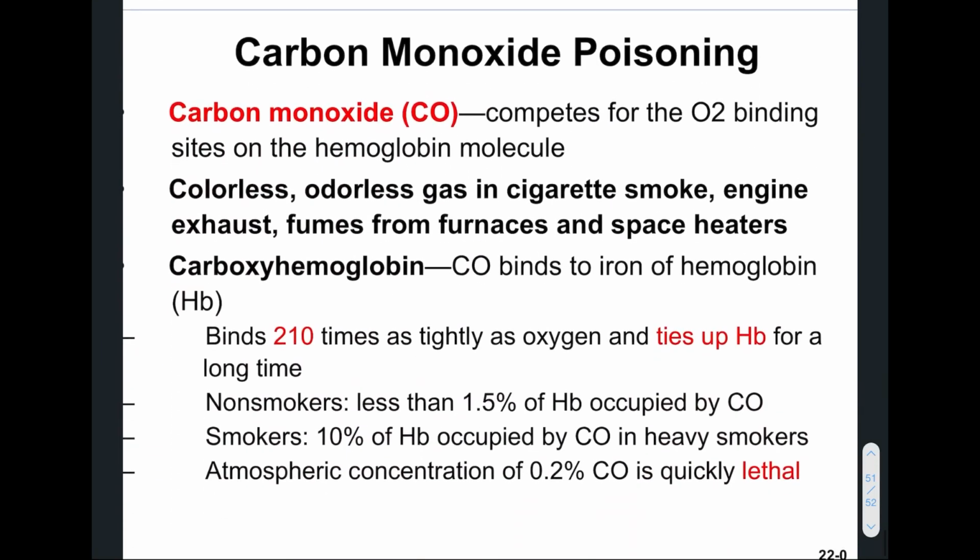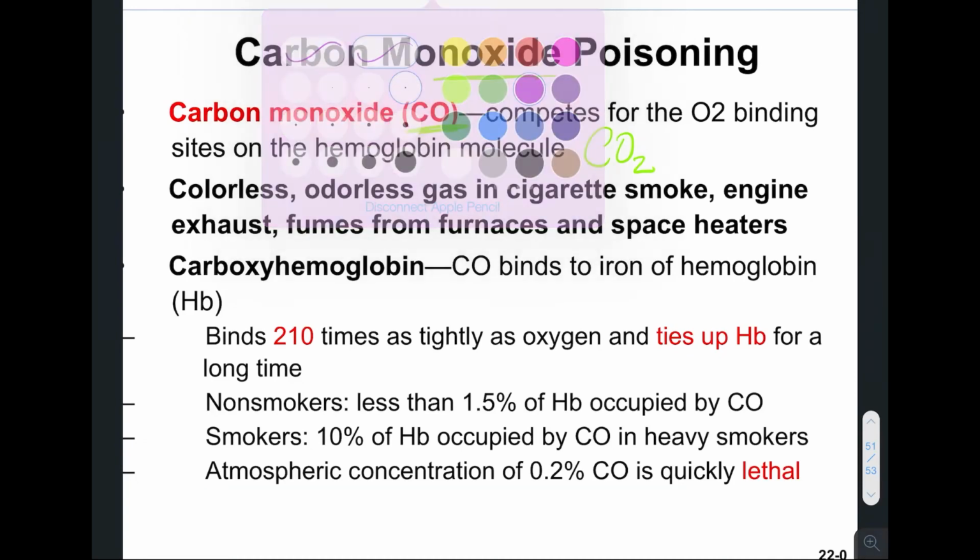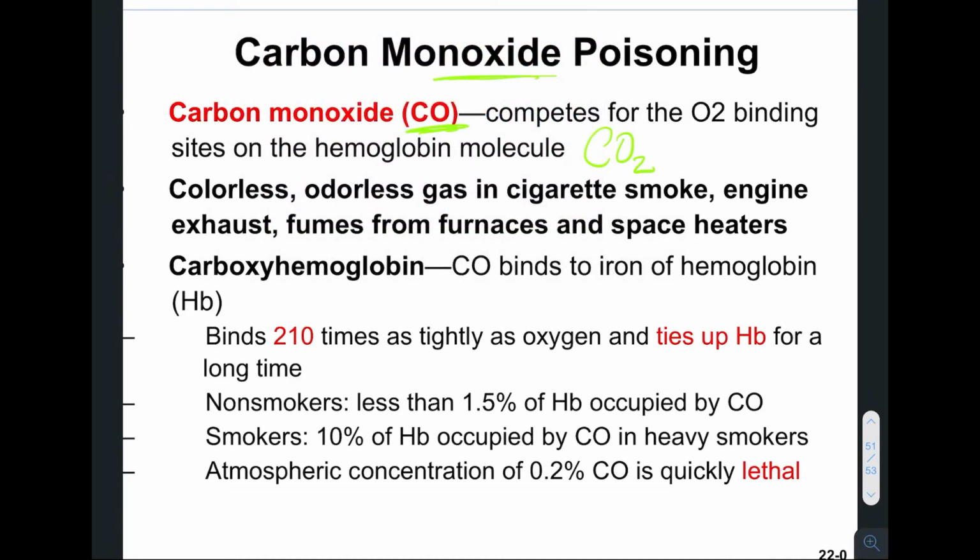And the last thing we're going to look at is carbon monoxide poisoning. Carbon monoxide, CO instead of CO2. So carbon dioxide is CO2, carbon monoxide is just CO, a gas that we get in especially high quantities during combustion or during burning stuff. And so, for example, cigarette smoke, engine exhaust, and fumes from furnaces release a lot of